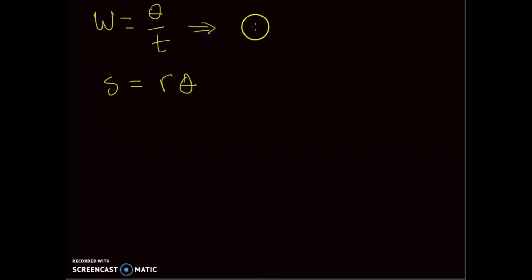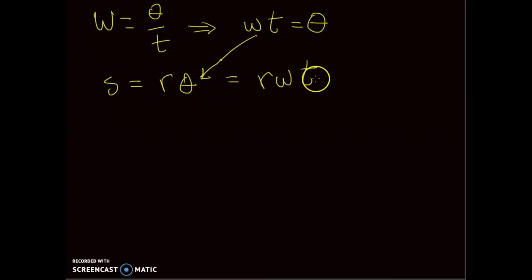There's another formula. Since omega is theta over t, and s equals r theta, we can rewrite this: omega t is equal to theta. Plug that in for the theta. So s equals r omega t. With that formula,